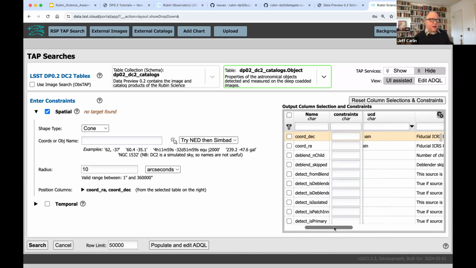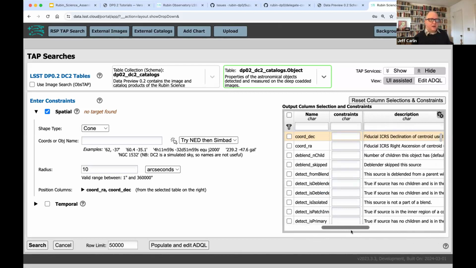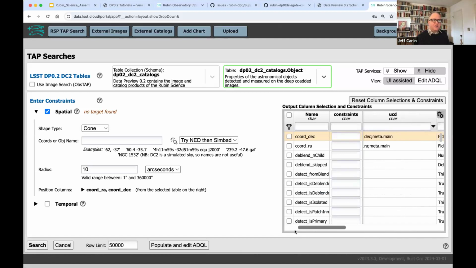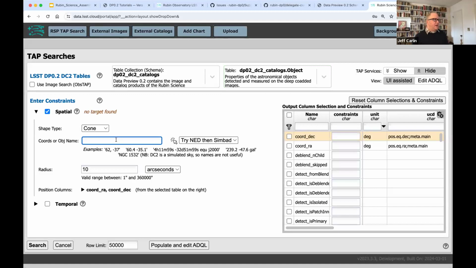If I scroll to the right, that description, this is the same description that you see in that schema browser, is here. I have to stretch this so that you can read the whole thing, but you can actually see the column descriptions here. So this can also be a quick way to find, oh, which columns do I want? Oh, let's go to the portal and try that out.